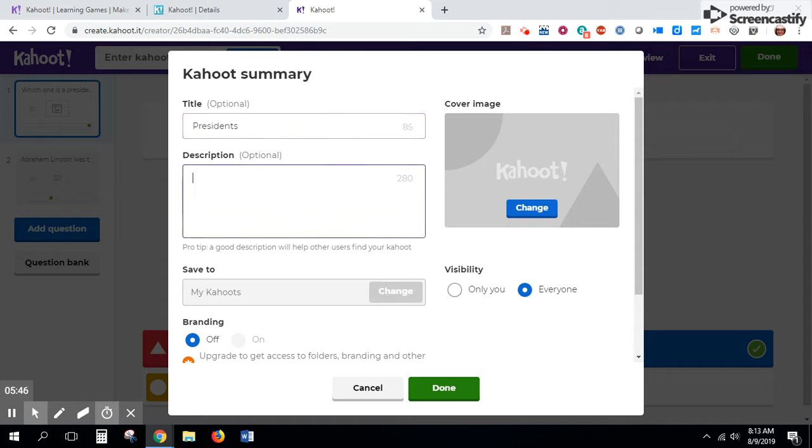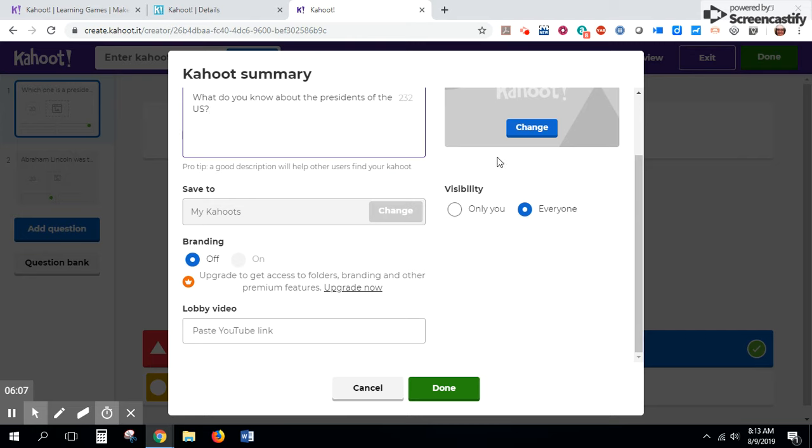We can put a description. What do you know about the presidents of the U.S.? You can make it visible only to you or to everyone. You can change the